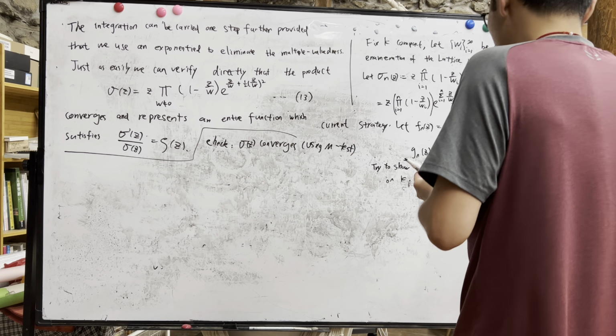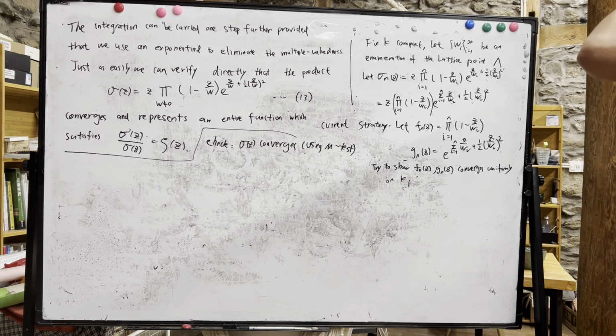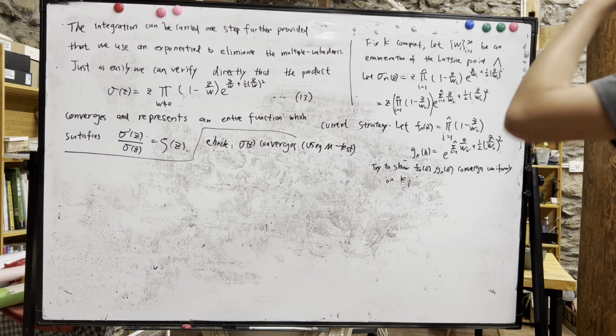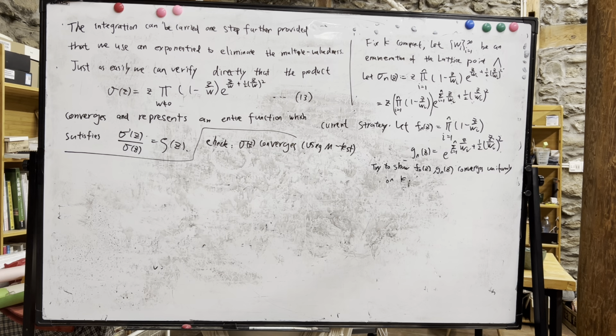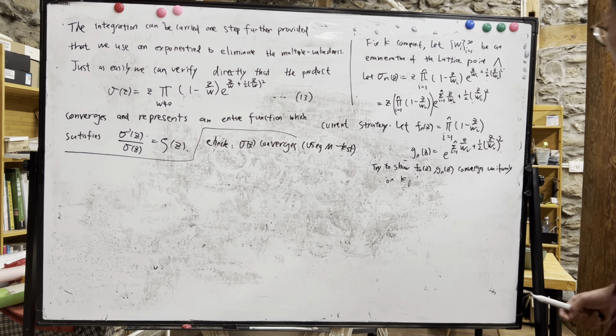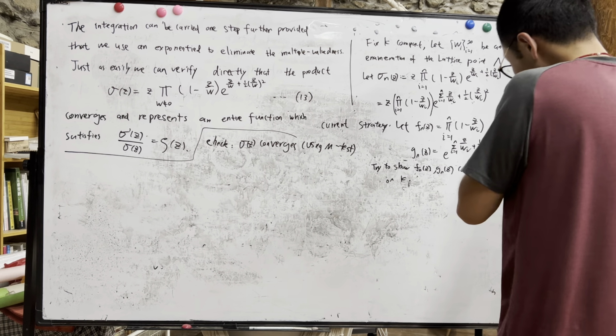So let's say that we want to show that these two functions converge locally uniformly on K, right? So what is the reason why this Fn converges? So basically,